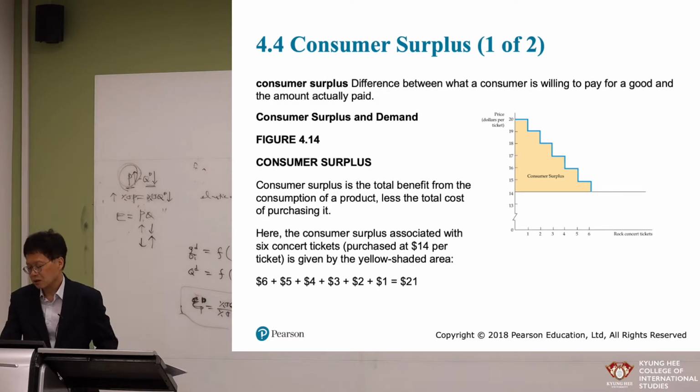Now think about the X variable as low-cost tickets, and Y as price. If the price is $20, then only one person whose willingness to pay or marginal utility is $20